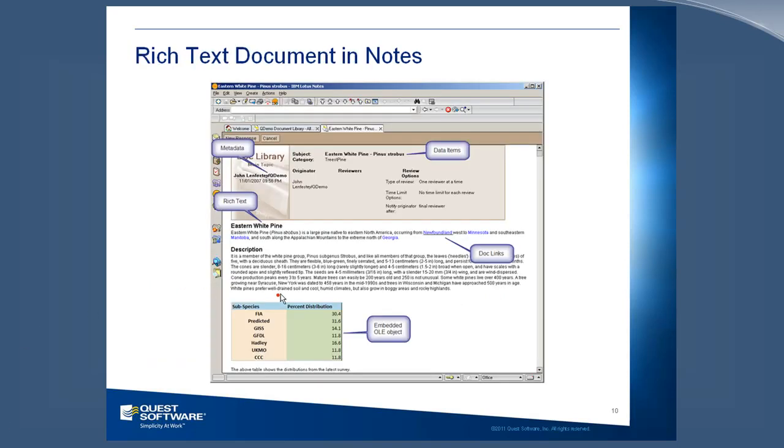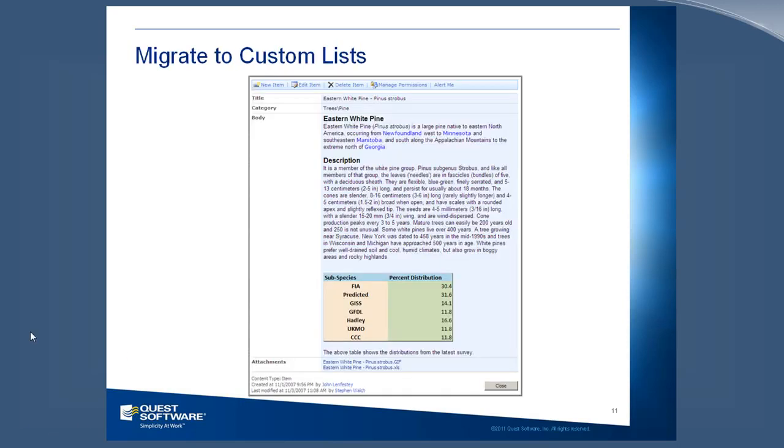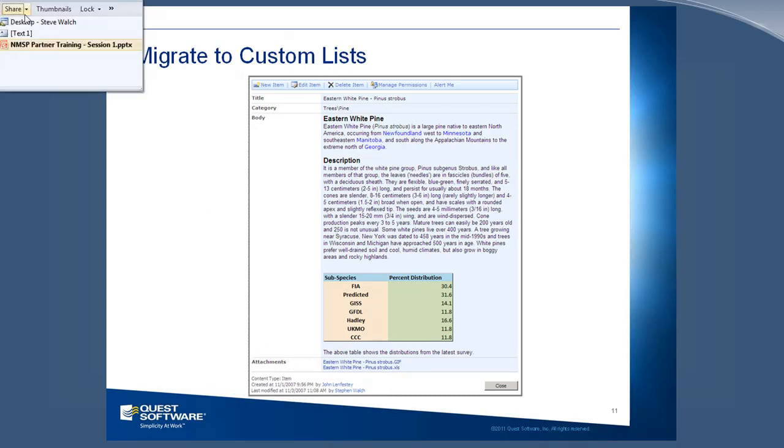So here's a quick screenshot. Here's a Notes document we're going to migrate. And you can see it has all the components we're talking about, doc links. Here's an embedded OLE object here. The standard data items as well as the metadata. And then on the SharePoint side, here's a screenshot of a SharePoint 2007 example where we've migrated these fields, the nice rich text, all the doc links, and the attachments, and then we preserve the metadata here. So let's now go into our demos,